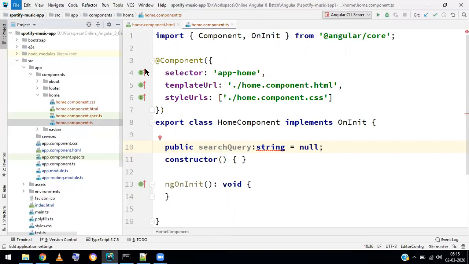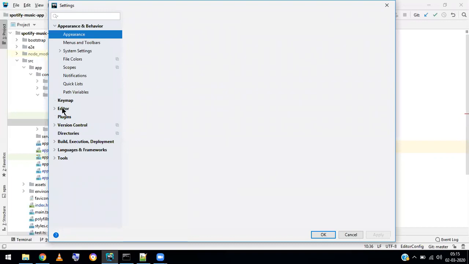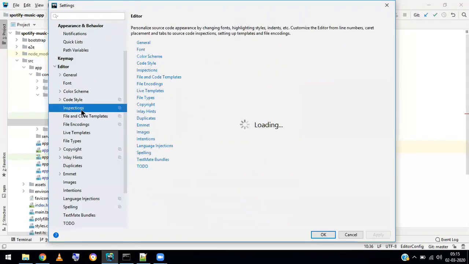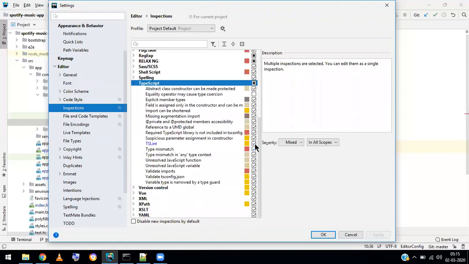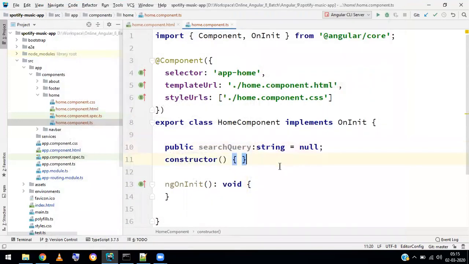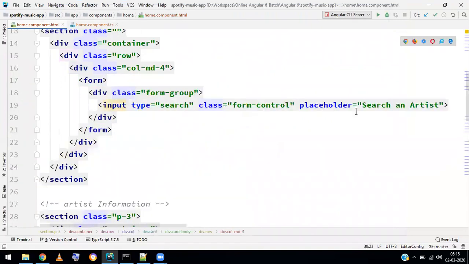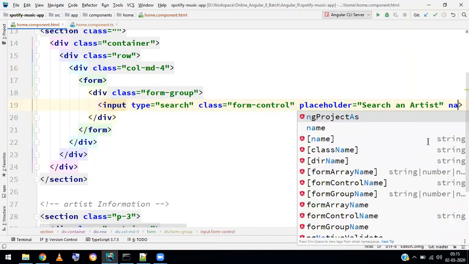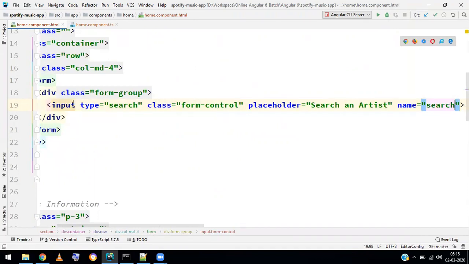Settings, editor, inspections, TypeScript, ESLint, disable, apply. Okay, fine. So I have a search query, and this we have to configure to the HTML using two-way data binding. It must have a name attribute also, so let's make name equal to search. Some name, and also let me add ngModel